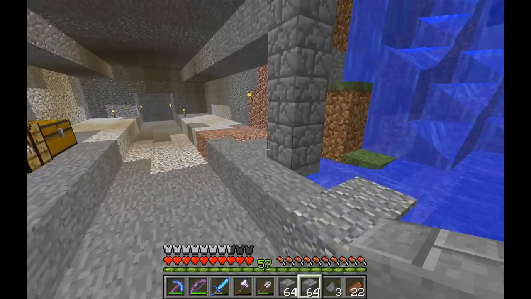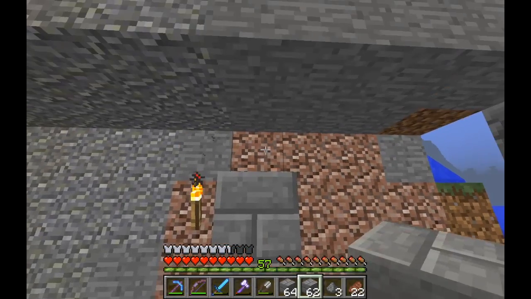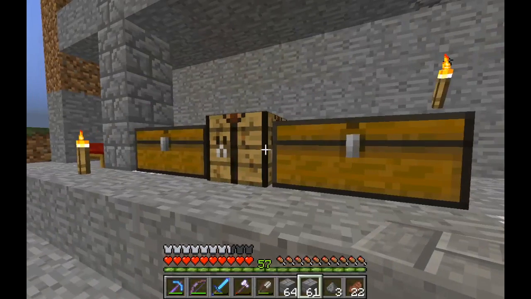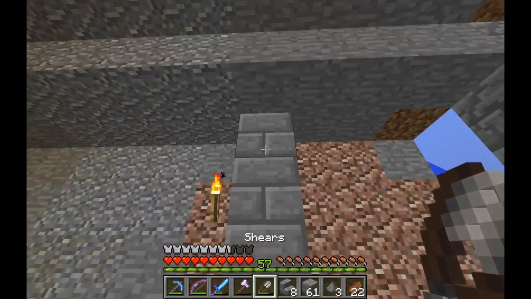Alright, and once again we are back here. Now the idea for the design I want to do is having at least 3 spaces in between all of these and having pillars that go up on the sides here at the number 3 spot. I need to make ourselves some stone brick stairs here. Let me just make a little bit extra. But we're going to have...